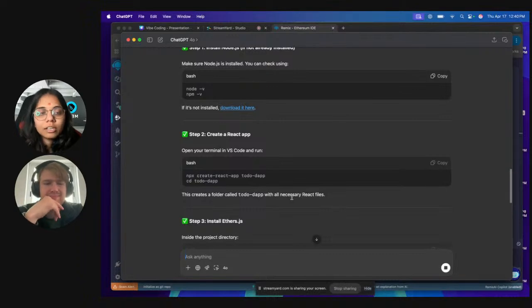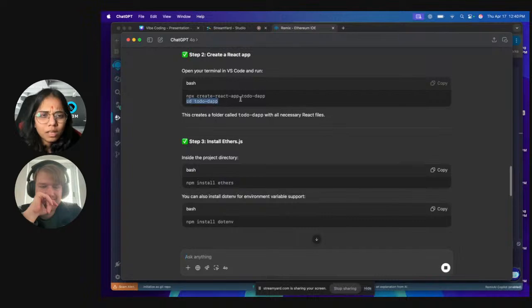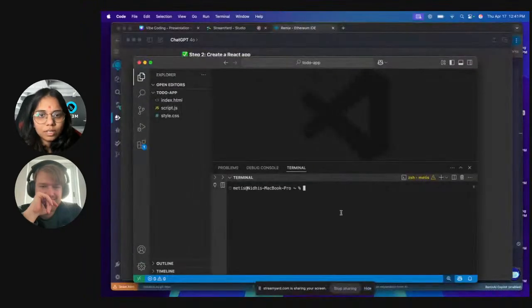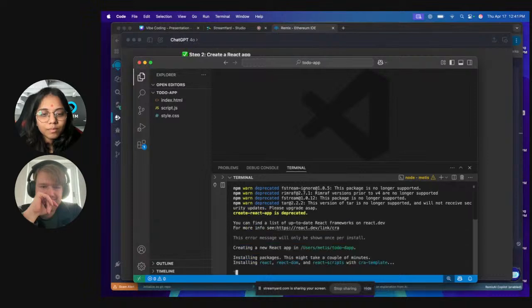It says to check if you have this installed or not, and then let's just follow it. Go to VS Code here.